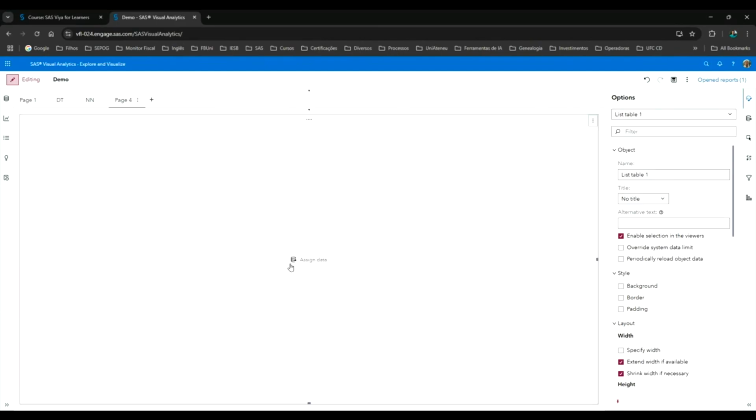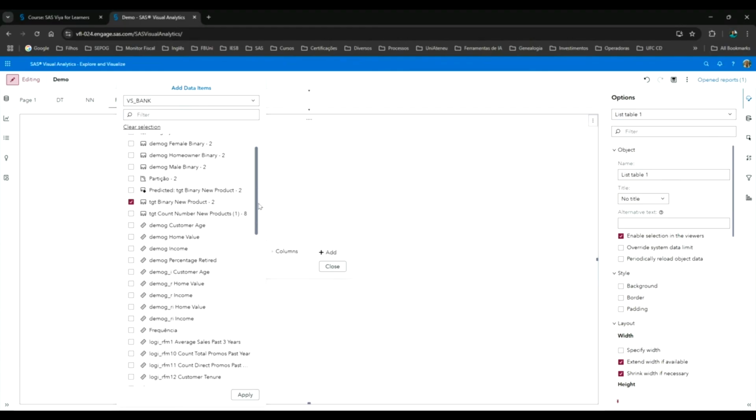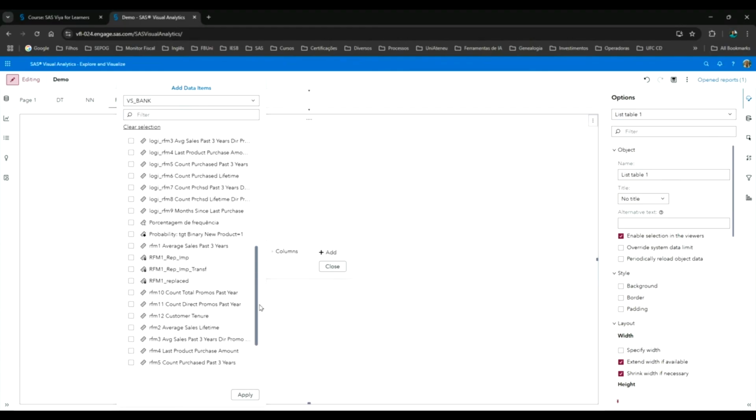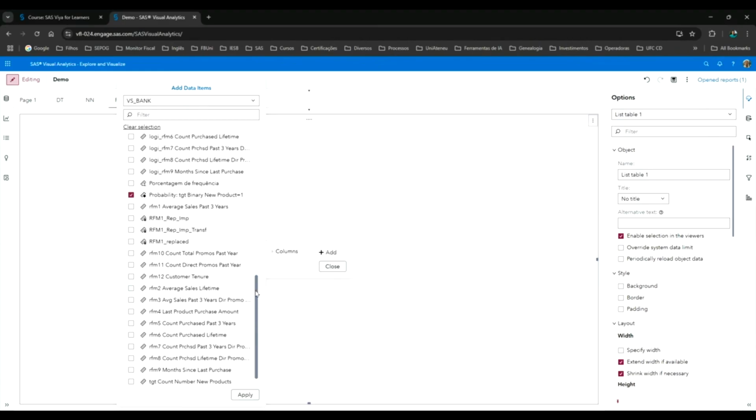I will put in this table our ID and the original target, and the result of the model, probability and the predicted.